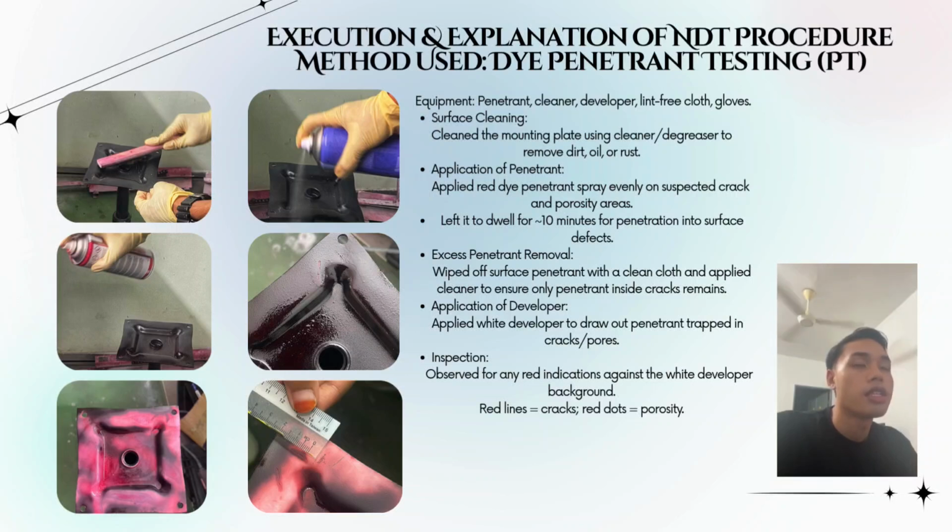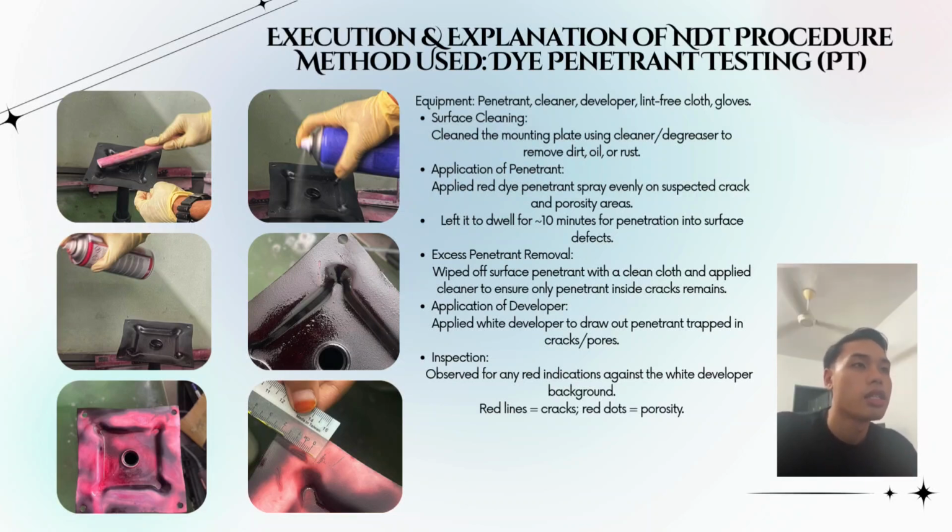For the surface cleaning, step one, we clean the mounting plate using cleaner to remove dirt, oil, or rust. Okay, for the application of penetrant, we apply red dye penetrant spray evenly on the suspect crack and porosity area, and then leave it to dwell for 10 minutes for penetration into surface defects. Next, excess penetrant removal: wipe off surface penetrant with a clean cloth and apply cleaner to ensure only penetrant inside the